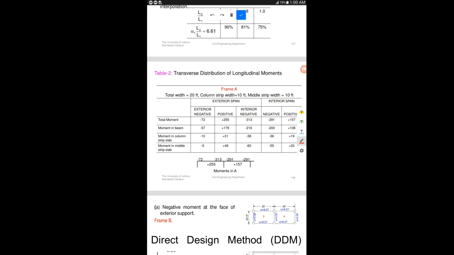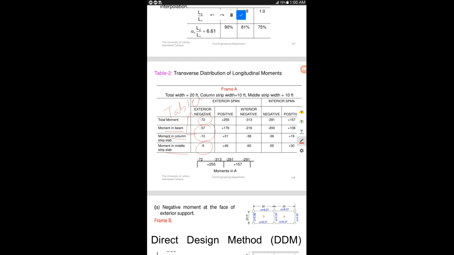So now you have to do the transverse distribution here, that is, how much of this 72 is going to go to beam, to column strip slab, and middle strip. This is basically the moment which is going to column strip, which is further being divided into column strip slab and beams, and this is the moment which is going to middle strip. This overall value can be found using that table. The percentage will come from the table,